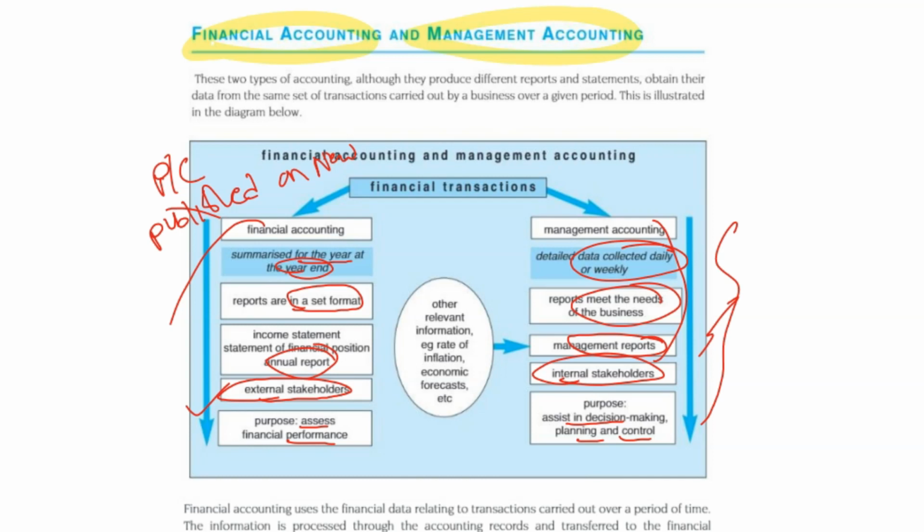What are the examples? Like income statement, balance sheet, financial position, cash flow statement, statement of changes in equity. These are your financial accounting. What are the examples here? Absorption costing, marginal costing, you have done already. Cash budget, master budget, we have done in AS. Variance analysis, and so on.